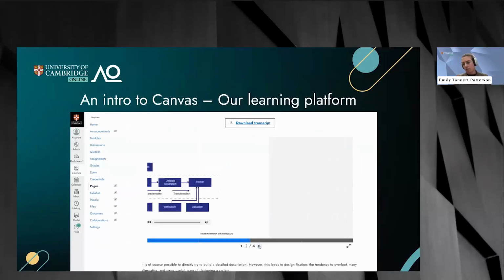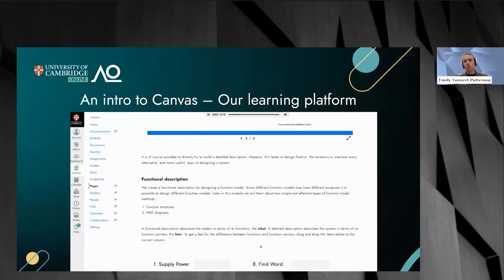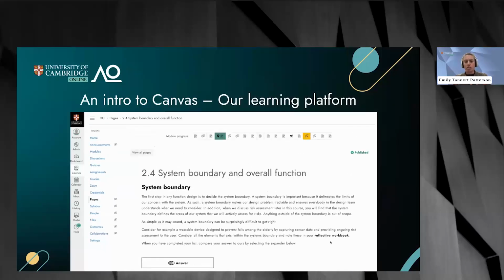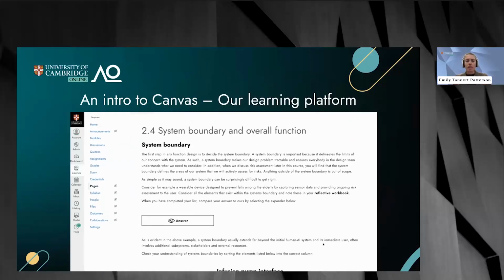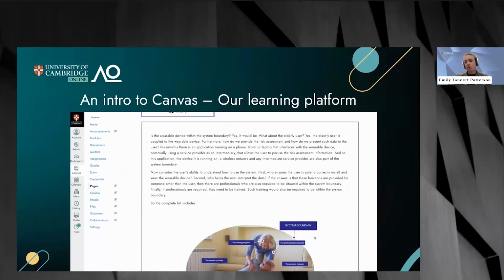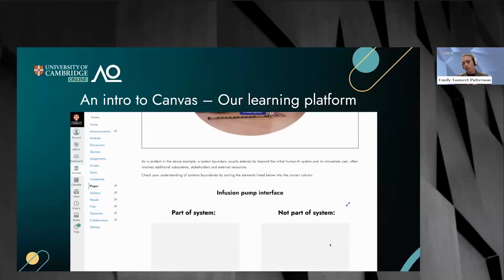You can see here that we have custom graphics that have been drawn for the course. We embed audio as well as these graphics, and we have lots of interactive exercises for you to work through to support your learning. So here's a little matching exercise that helps with vocabulary acquisition. We have places where we ask you to do a little thinking to try to figure out an answer yourself, and then you get to check it against our expert feedback.